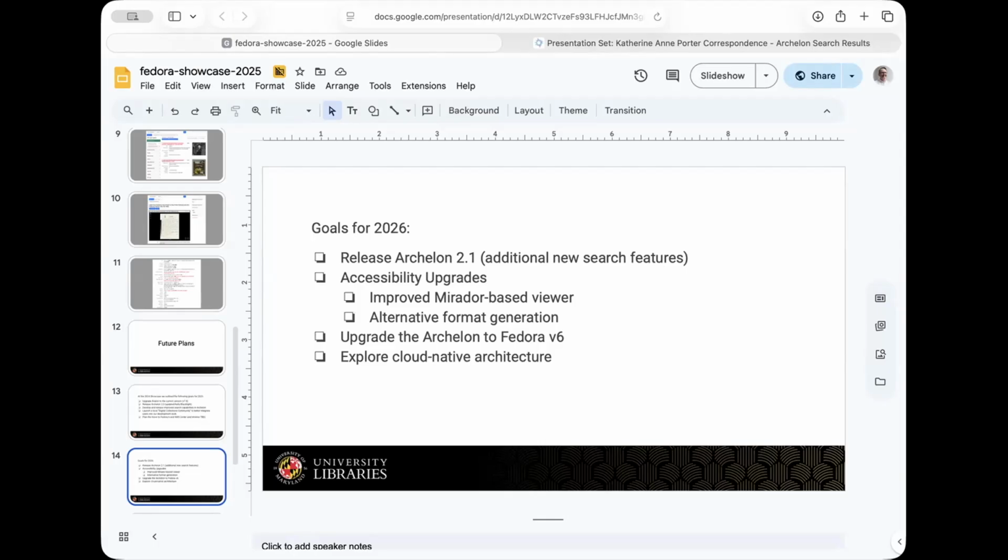the file storage for Fedora is basically a big EBS volume, Elastic Block Store, which is more expensive than S3. And so we have looked at the reference implementation for running Fedora in AWS more natively. And so when we do the Fedora 6 migration, that's something we'll be looking at. What can we do to be more efficient and run it in more of a cloud native way that I think would suit our use case